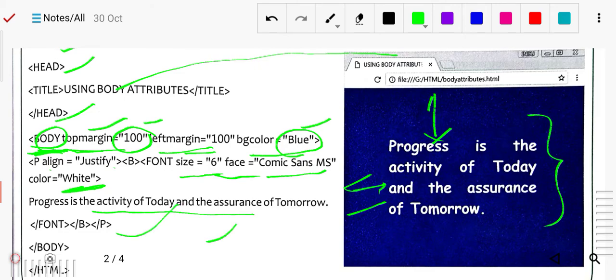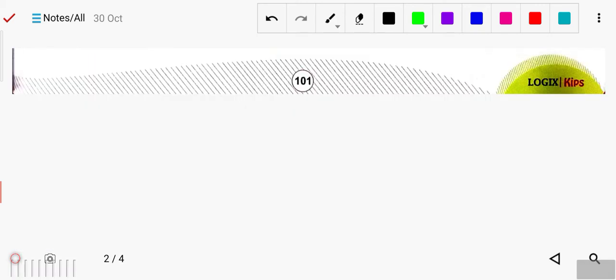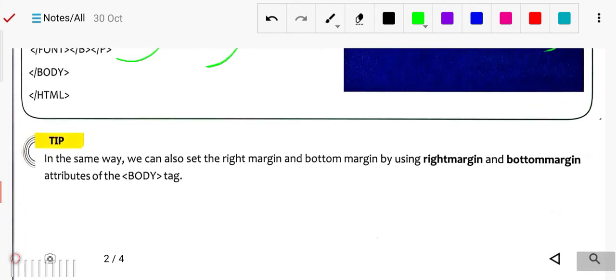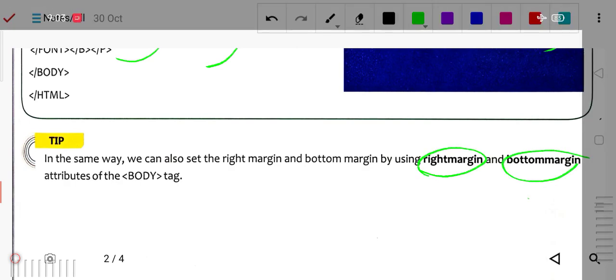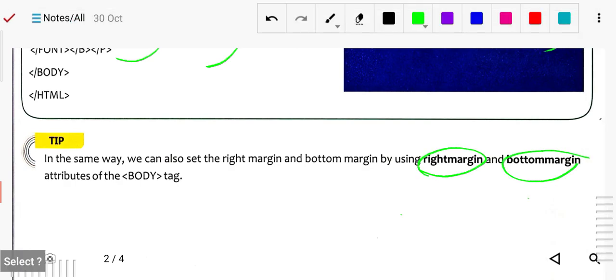Then font close, bold close, paragraph close, body close, head close and html close. So in this way we can do it. In the same way we can also do it for the right margin and the bottom margin. There is only top and left margin written here, but you can use the same way for the right margin and bottom margin with the body.